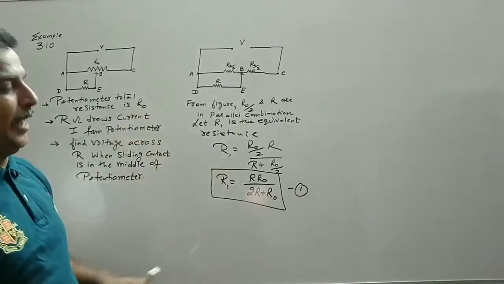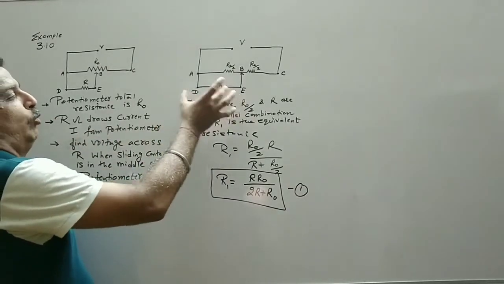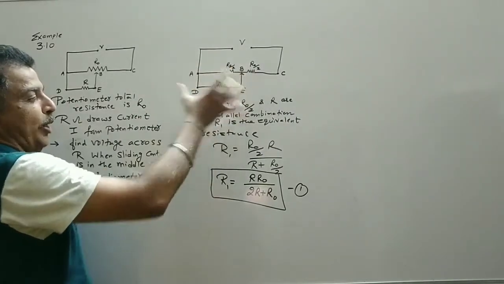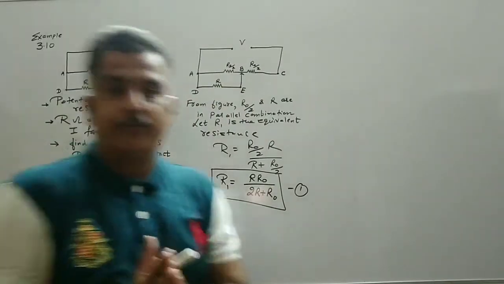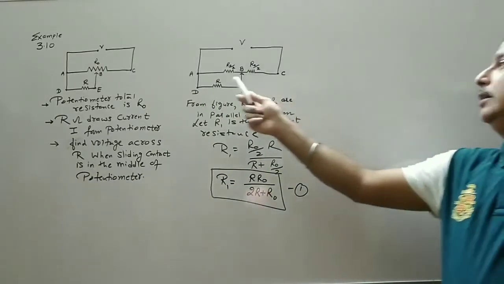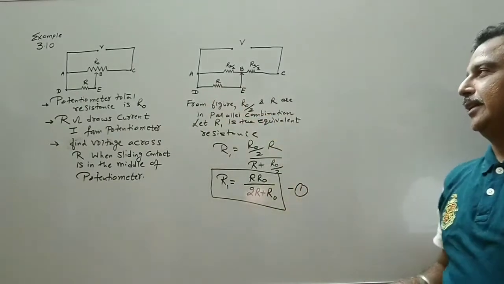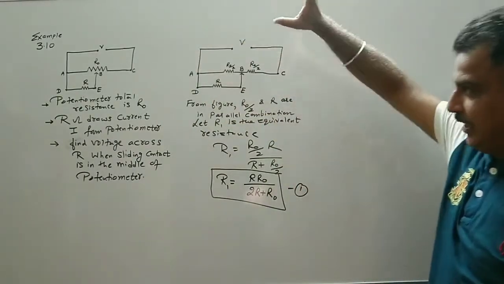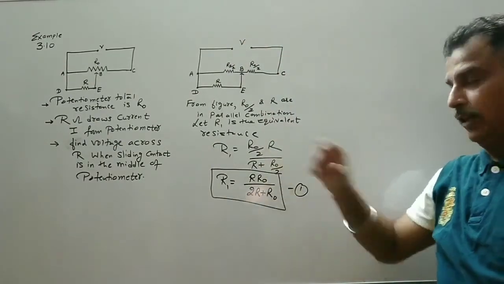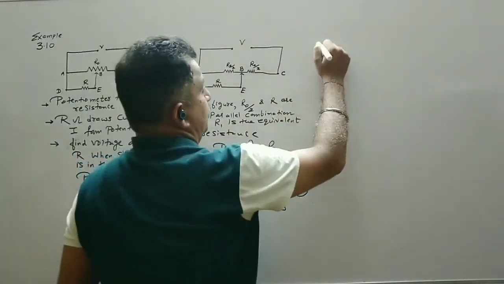Now we redraw this diagram. You have to find out the voltage across R. So if I know the voltage across AB, this AB is parallel to DE. So the potential difference in a parallel combination remains the same. So if I can find out the potential difference between points A and B, that will be the potential difference across DE. Now these two resistances become R1. So the given diagram can also be redrawn like this.